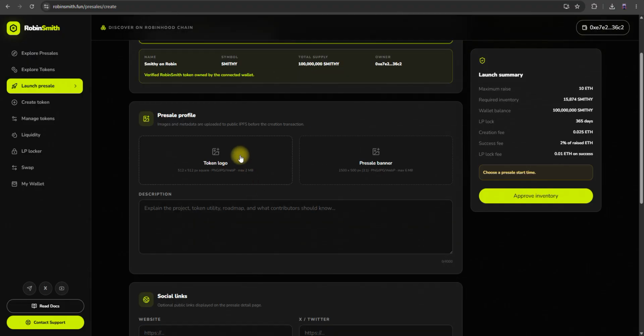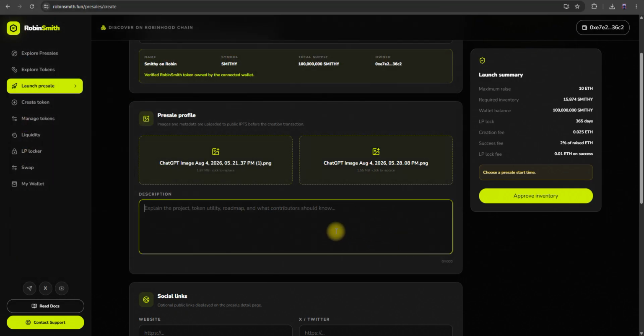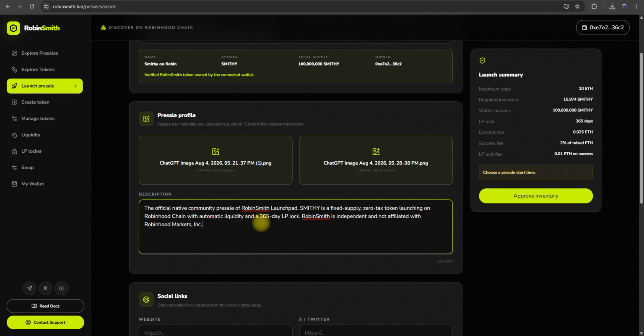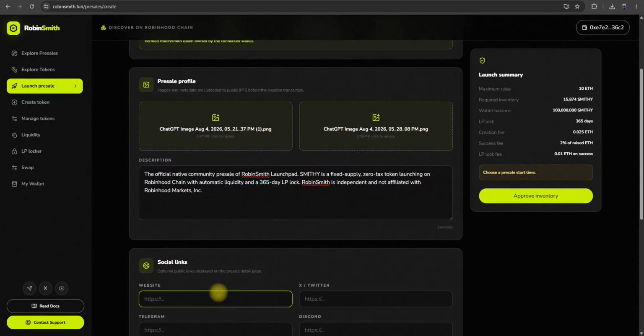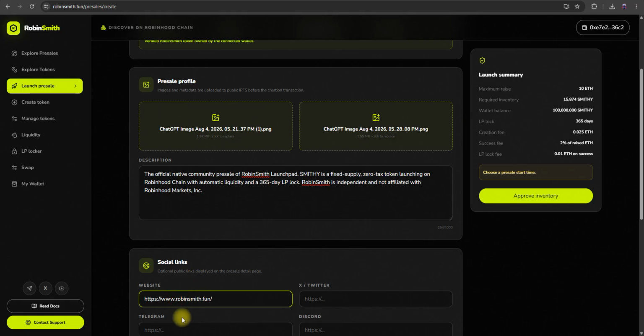Now we have to upload the logo, and here we will choose the banner, and here we will write the description. Here we write a short description, and here we will paste the website link, and here we can add Telegram and